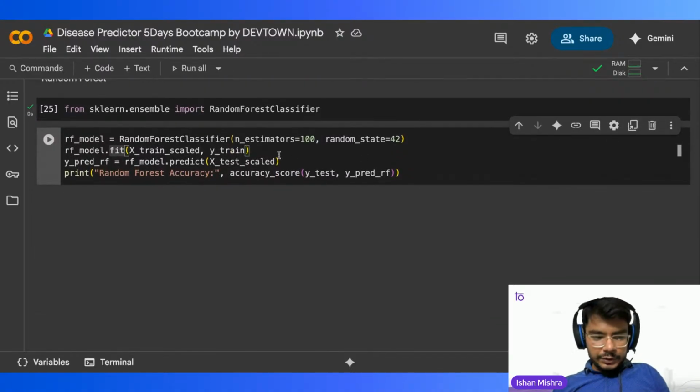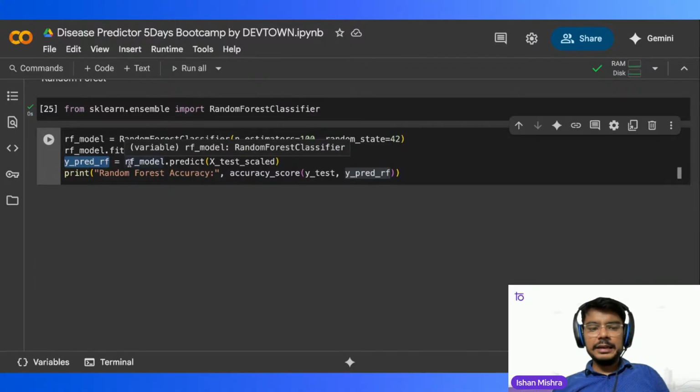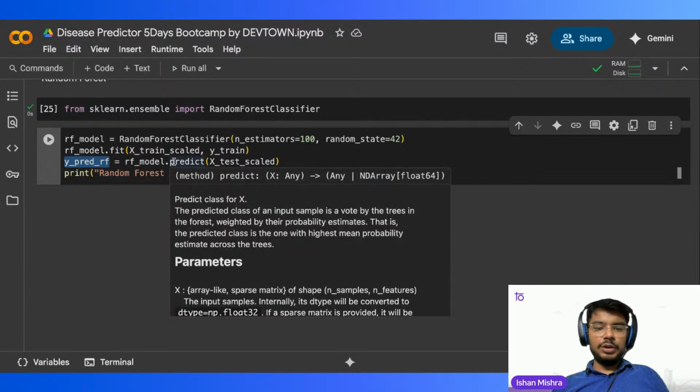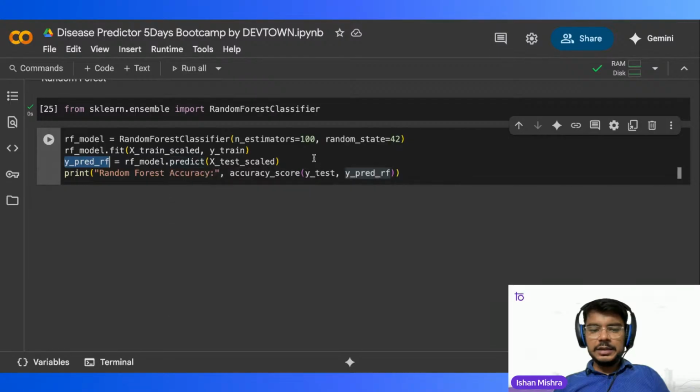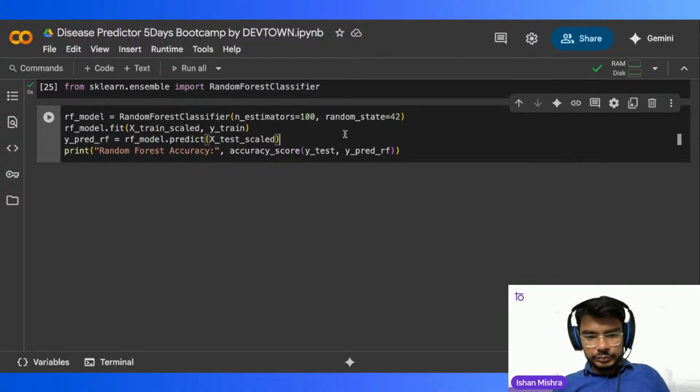Moving forward, we are doing the prediction and storing it in y_predict_rf, for random forest. Again we are creating a variable and storing the model's predict output. The predict function predicts the outcome for the test set, like what the test results have come out as. We are storing it on X_test_scaled data. Earlier we created the predictions and split the data, so now